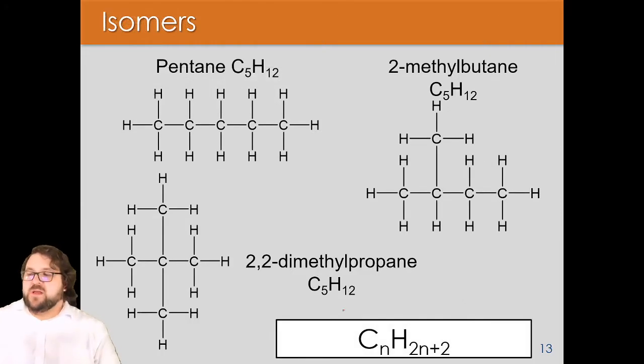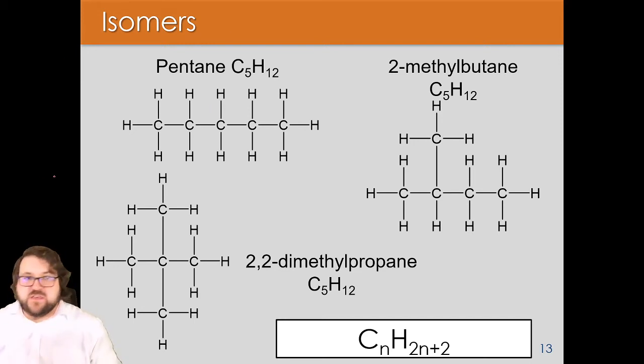Now, all of these molecules have the same molecular formula. If I count up the number of carbons and hydrogens, they're all C5H12, and we call these isomers. So isomers is where you've got the same number of atoms of each element together, but they're now in a different order to what we had before. That being the case here, look, we've got some different names. So we've got pentane, that's just a straight chain of 5 carbons. 2-methylbutane, that's a chain of 4 and 1 hanging off. And then we've got